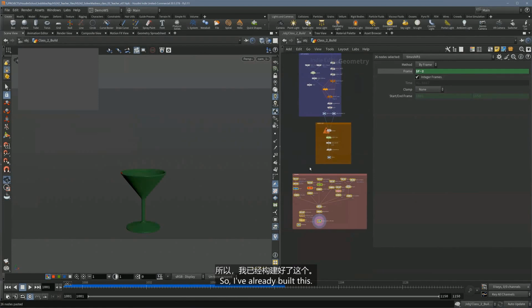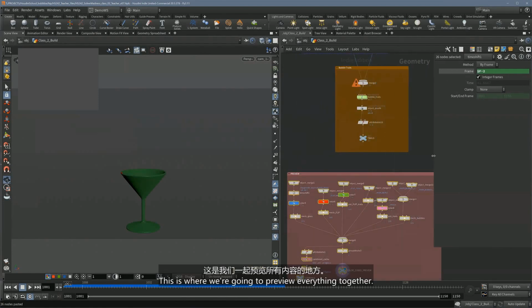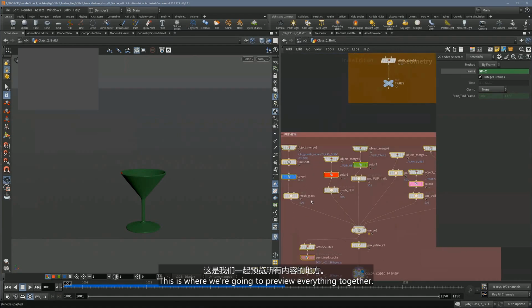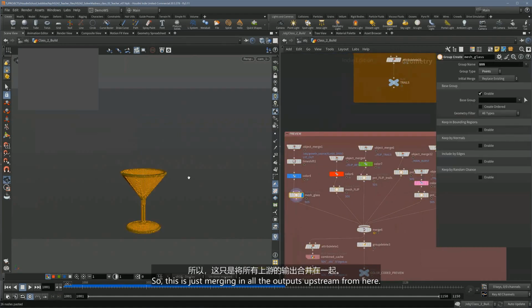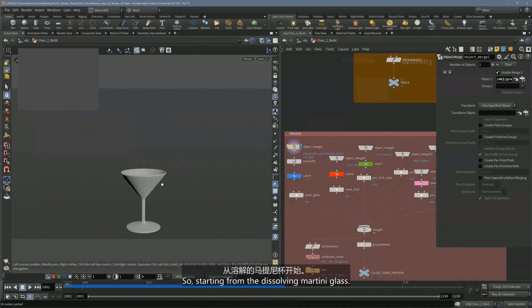So I've already built this. This is where we're going to preview everything together. So this is just merging in all the outputs upstream from here. So starting from